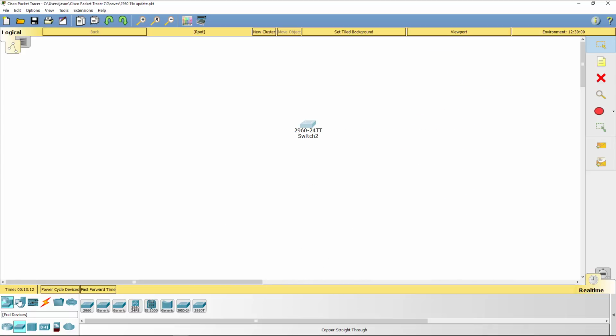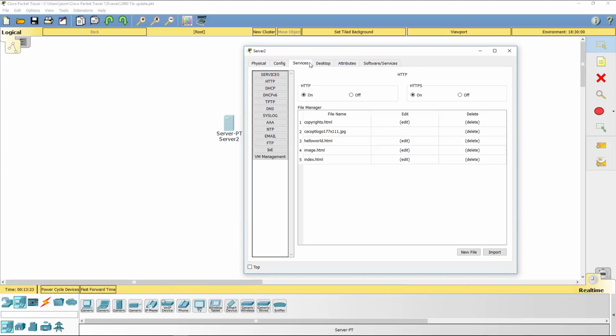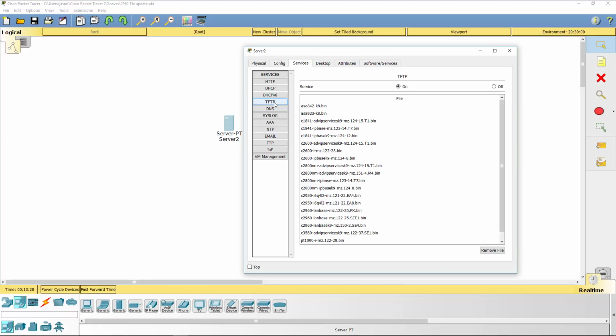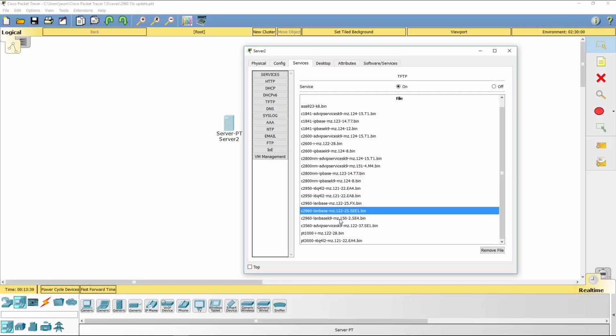What I'm going to do is come in here to End Devices. I'm going to click on Generic on the servers, and drop a generic server out here. The great thing about Packet Tracer is if we click on that server, click on Services, and go down to TFTP Services, you'll notice that we've got some different files on this TFTP server. The service is turned on, so we can connect to it. If I scroll down, I'm going to see some 2960s here, and 3 versions, and I'm going to see the 15.x version here. And I want to be able to put that on my switch.